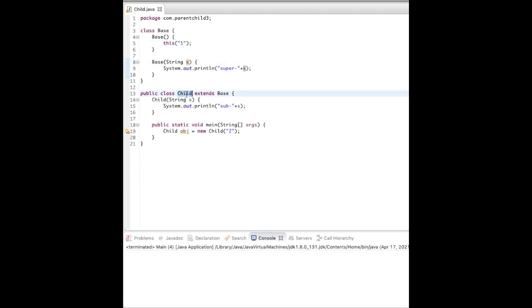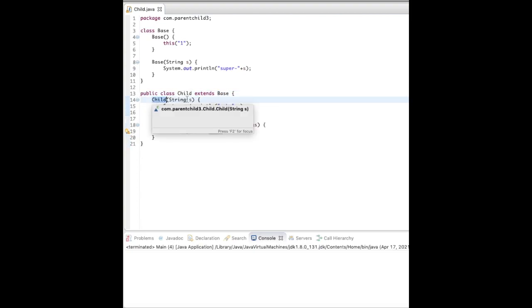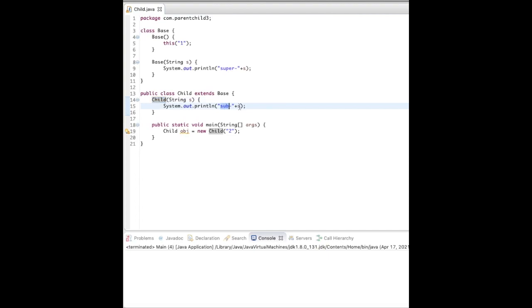So this child class now extends the base class. In this child class there is a parameterized constructor, and it is just printing "sub" and then the s value which is passed in the constructor. So in the main method I have created a child object, which is new Child("2") in double quotes.